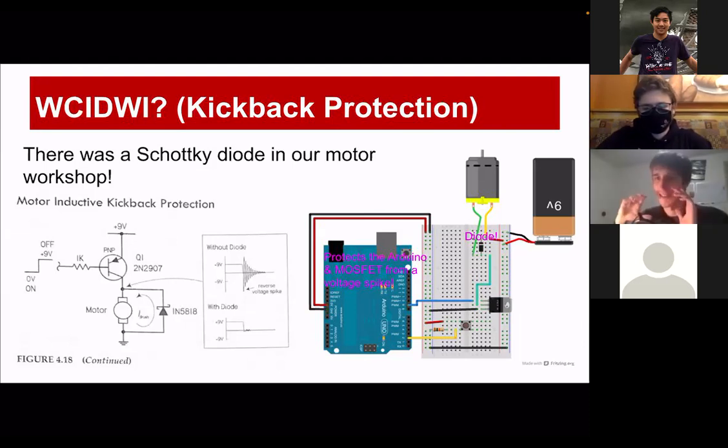It means there is a large backwards electric field. So a large voltage gets shot back into our Arduino, and that can break our Arduino or break our MOSFET. The way to remedy this is by introducing a Zener diode. When we have that Zener diode,